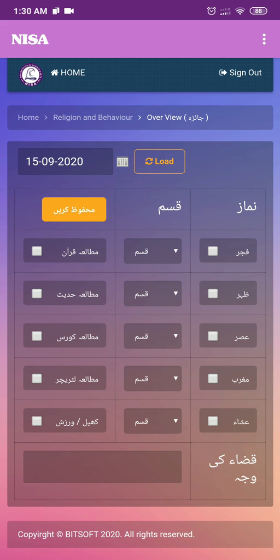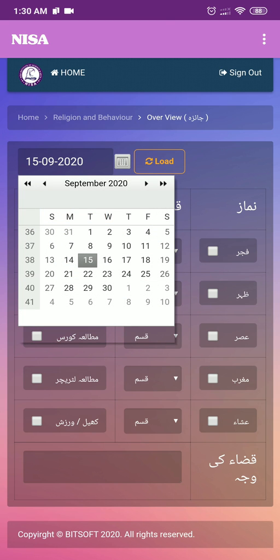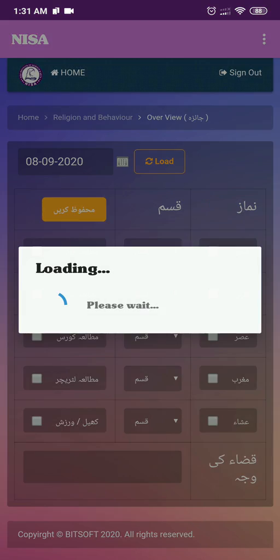other healthy activities. All you need to do is fill it correctly, and for that, first you will go to this calendar and you will select the current date. Please remember, you can only submit Jaiza for the current date. You cannot submit for the previous dates and you cannot submit for the upcoming dates. Select the current date and then